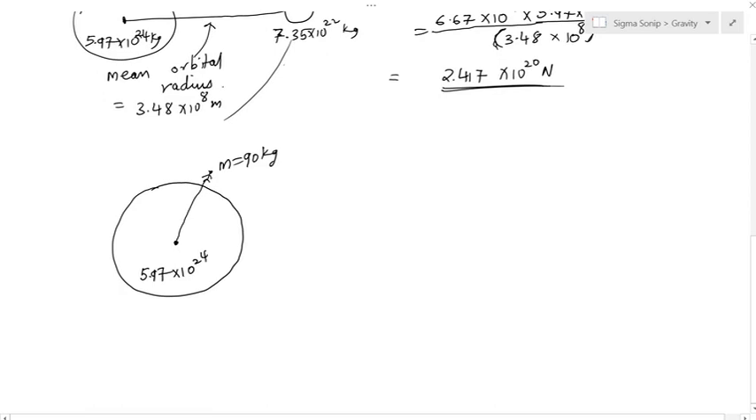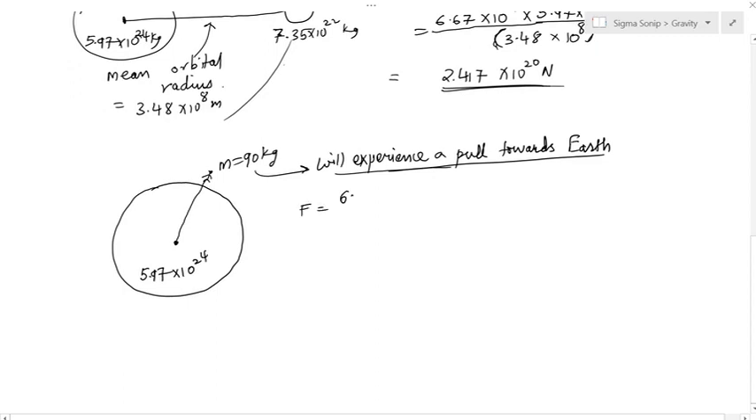So in other words, this person will experience a pull towards Earth, and we are familiar with this thing. We know that everything gets pulled towards Earth. So let us find the force. Let's find this force. So this force F is equal to, I will straight away plug in the values there,